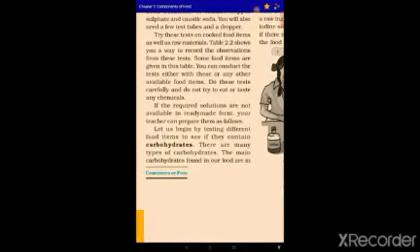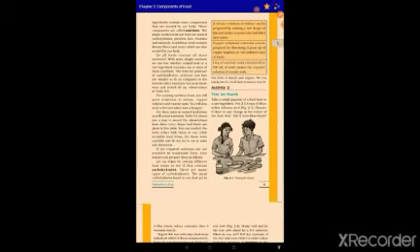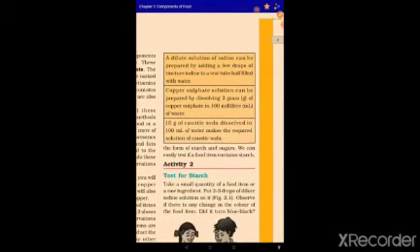If the required solutions are not available in ready-made form, your teacher can prepare them as follows. Let us begin testing for carbohydrates. First, a dilute solution of iodine can be prepared by adding a few drops of tincture iodine to a test tube half filled with water. Copper sulfate solution can be prepared by dissolving 2 grams of copper sulfate in 100 milliliters of water.